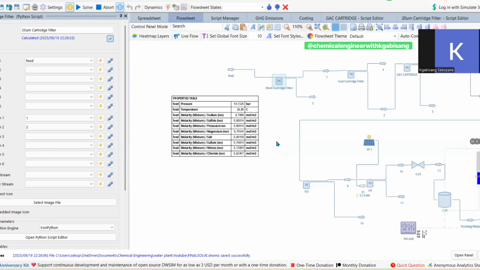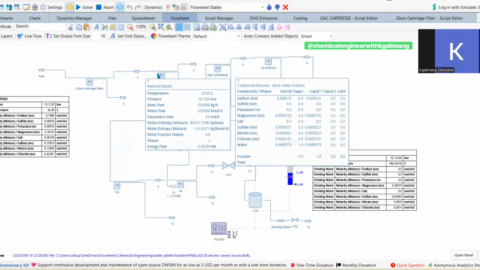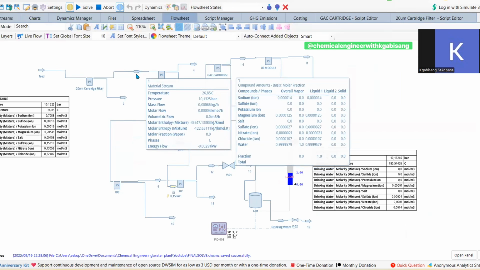If we go back to compare, stream one, let me check it for you guys. Stream one compared to the initial constituents. Remember, these are the pollutants in our water. Now you compare that with stream one, and you will notice that for sodium ion, we have